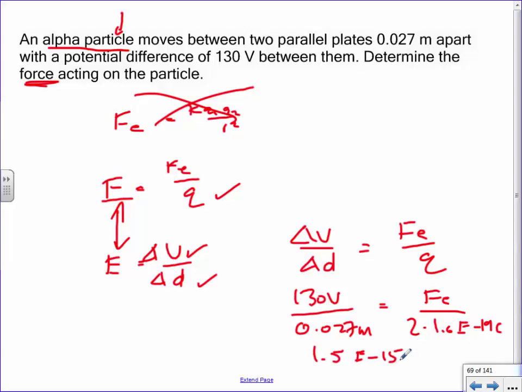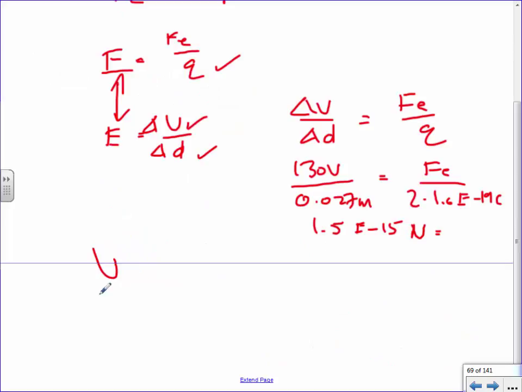Boy, this is where you just have to know how your units work. The standard unit for volt is going to be the volt. The standard unit for distance was the meter. This one was in coulombs the way it's supposed to be. So by the time you're done, this should be newtons if everything works out properly. And we can prove it if we need to. What we really did is we took a volt, we divided by a meter, and we multiplied it by a coulomb. You just need to go back through and memorize what all these things are equivalent to.